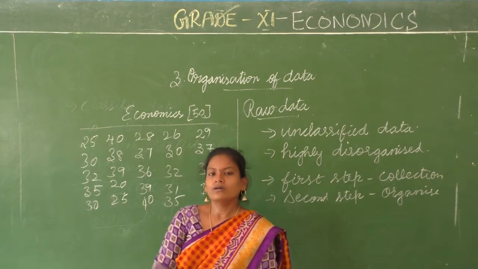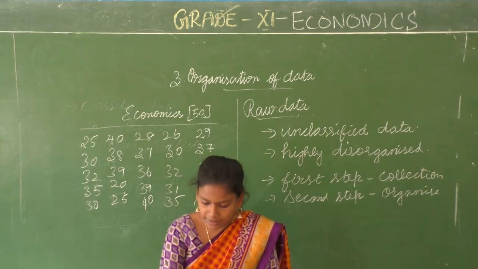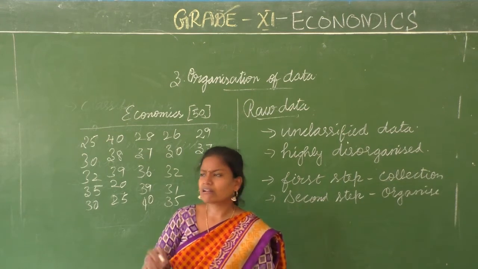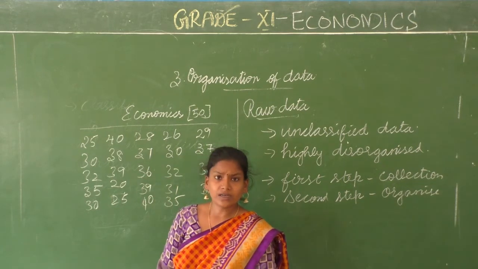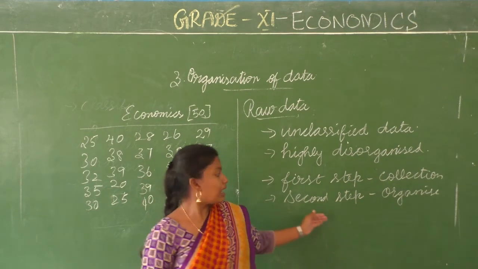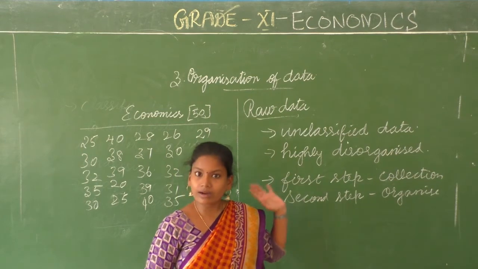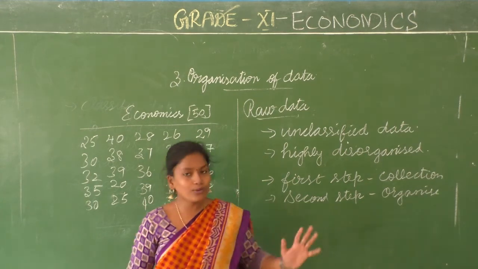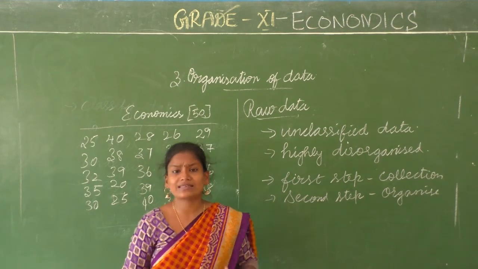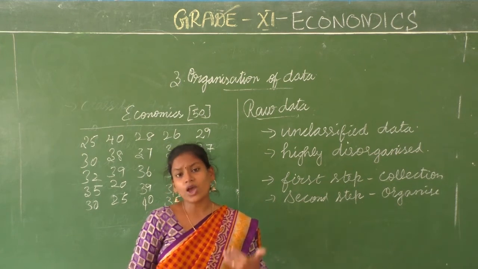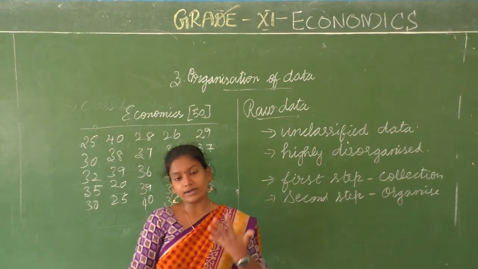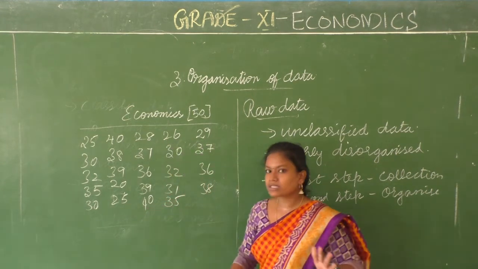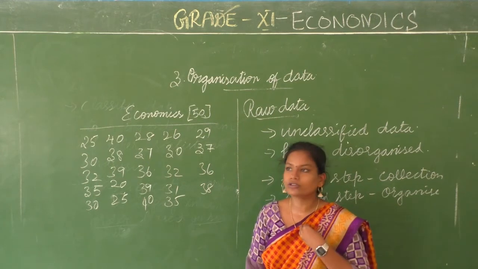They have given you just the monthly household expenditure of 50 households. These are raw data, nothing you can identify out of it. What you have to do there is classify it. Okay, there are various techniques for classification of data which we will be discussing now. But first, like this data, if you see as an economist, as a statistics person, you will not be able to identify or understand anything out of it. This is very tedious.